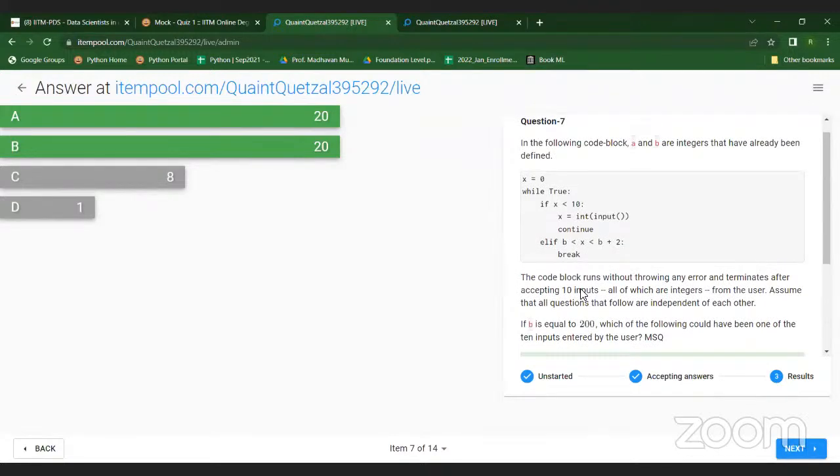Last value means last before values I'm typing 8. So it will be going inside the if condition. So 8 is lesser than 10. So it will be going inside. So it will be getting inputs at 40. No, so we can get it now. But the thing is, they told that